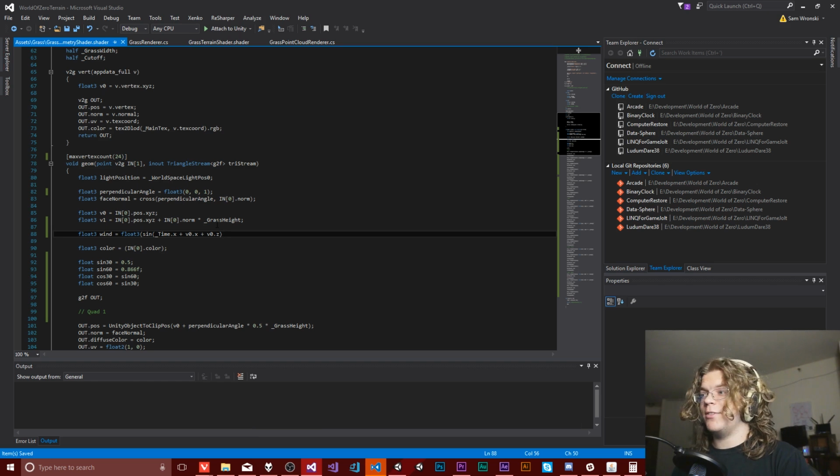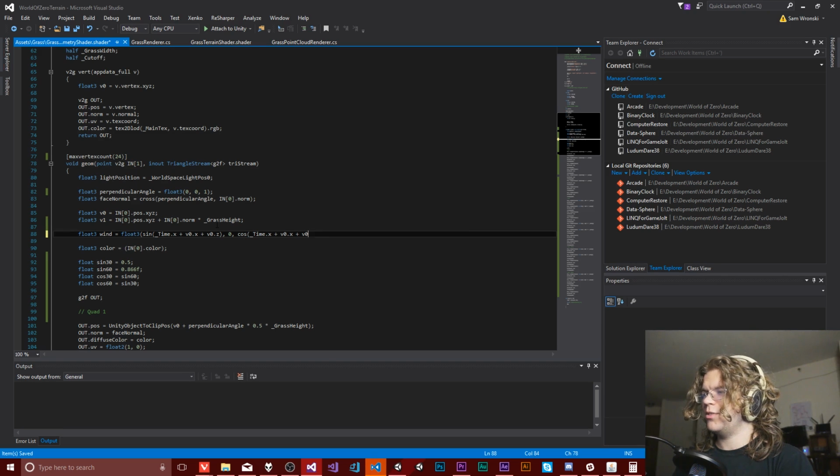It'll be based slightly off of their position. So depending on the period of this sine wave, you'll get different effects, but it'll look like it's moving across like a wave. And we can do some Fourier series to actually get this looking more like a wave. But for now,